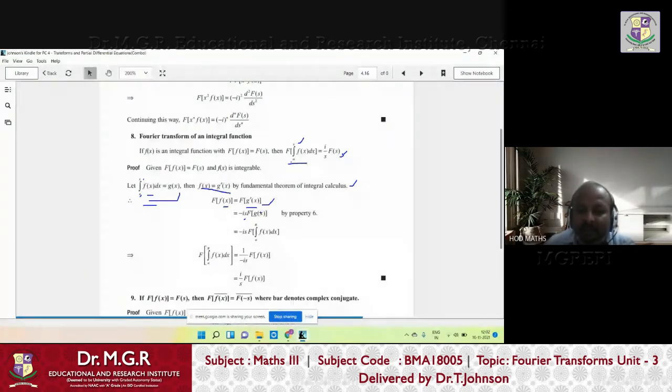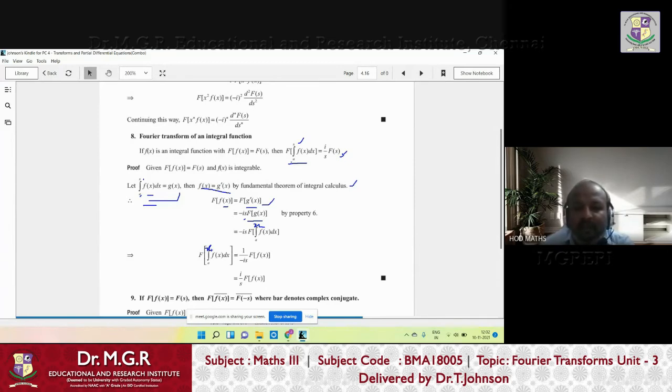F of s means the derivative of that function. So here the function is g of x, so you can write it as f of g of x. But what is g of x? G of x is nothing but, by definition, integral from a to x of f of x dx. Not pi, this is x. There is a printing mistake: it is not pi, it is x, right?